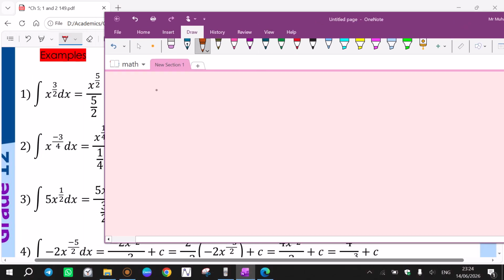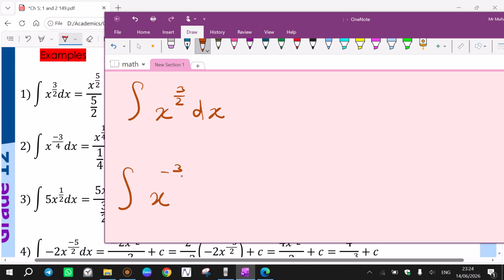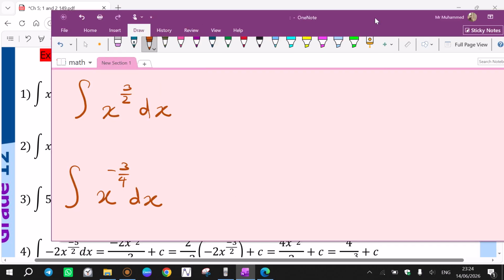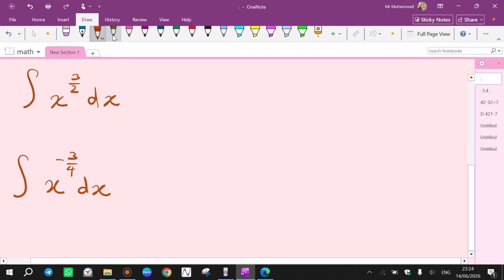Okay, I have integral x power 3 over 2 dx. I want to solve this. And there's integral x power negative 3 over 4 dx. Let's solve these two for now. Starting with the first one,